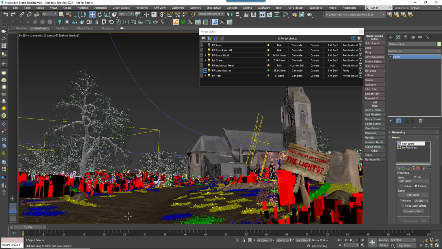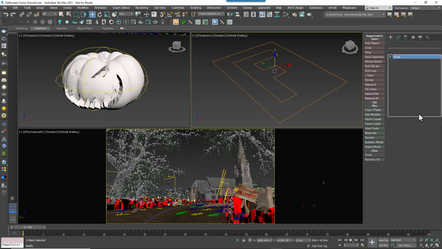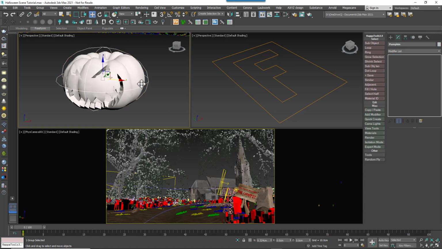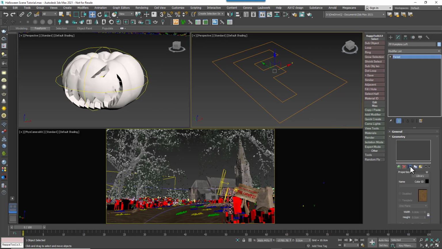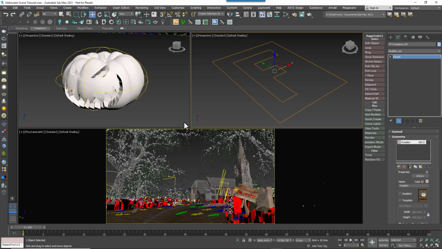And then talking of this path, the last thing we're going to discuss are the pumpkins, that uses a quite different distribution mode that allows you to scatter items at regular intervals along a spline. We'll demonstrate this one from the very start, so first create a forest in icon mode, go to the geometry rollout where we'll add the pumpkin. Now as you can see, the pumpkin is actually a group that contains several objects. In order to add a group to the items list, the easiest way is to click on Add Multiple, which opens the object picker. Then you find the group you want to add, select it and click OK.